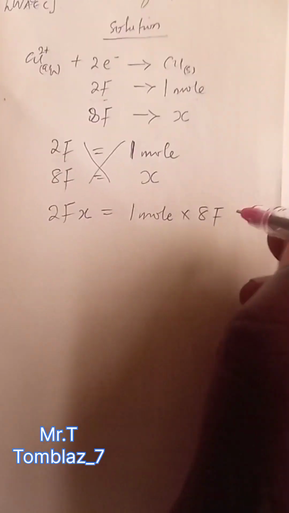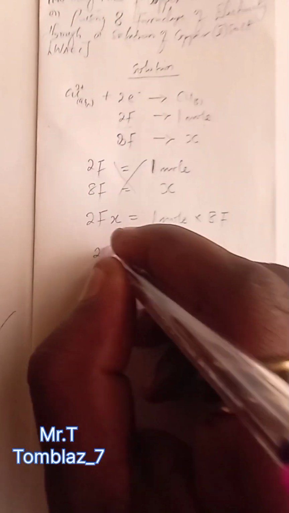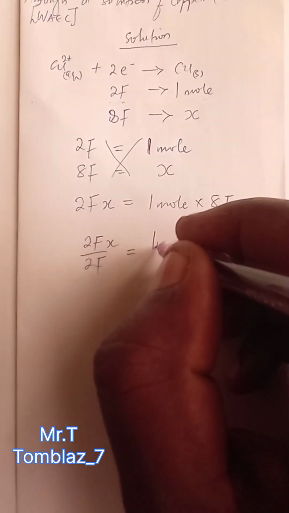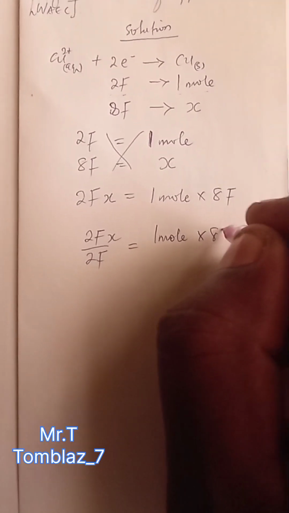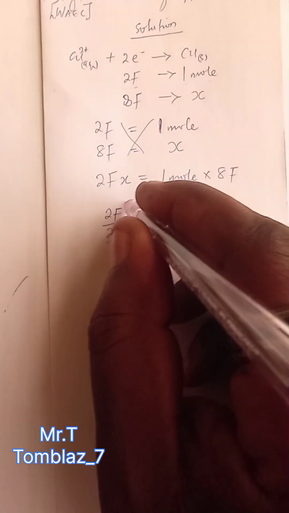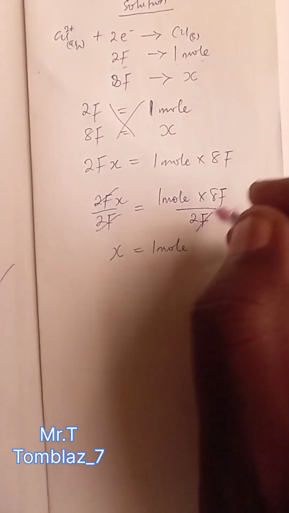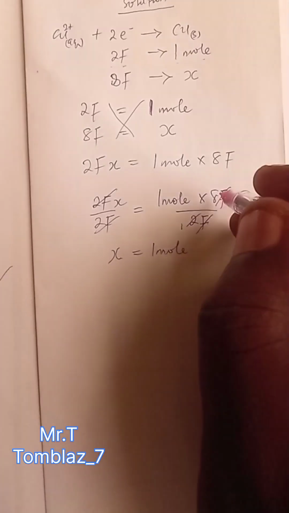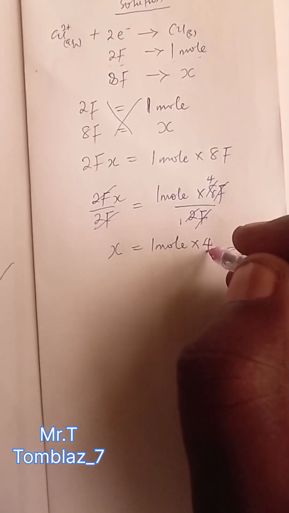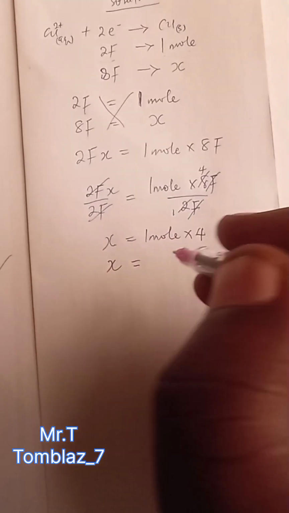Since we are looking for X, we divide both sides by 2 faradays. So X is equal to 1 mole times 8 faradays, divided by 2 faradays. Faraday will cancel Faraday. 8 divided by 2 is 4. So we have 1 mole times 4, and our X will be equal to 4